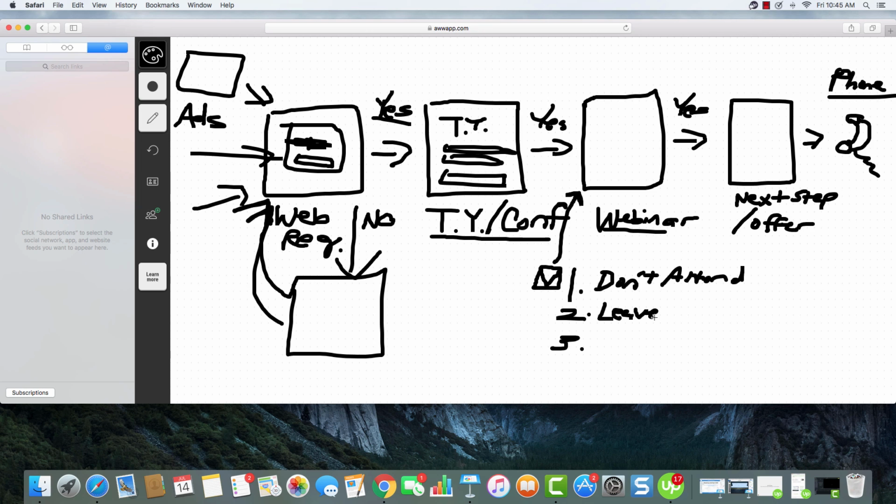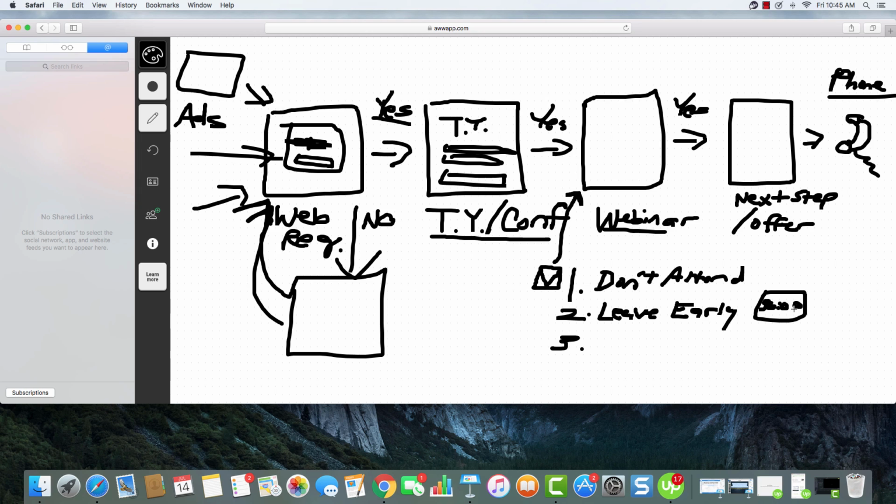And what this means is they did not get to see the next step or offer. So how does that happen? Well, with ClickFunnels, you're able to put in a time. So if your offer or your next step is presented in a webinar at 36 minutes, you can put that 36-minute mark there, and it's going to calculate who stays to that